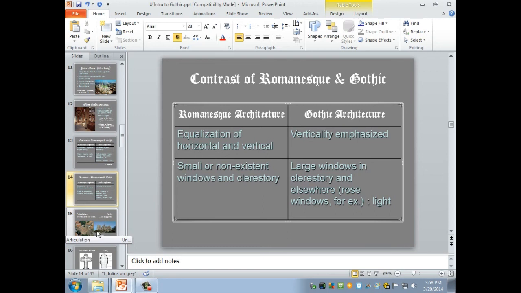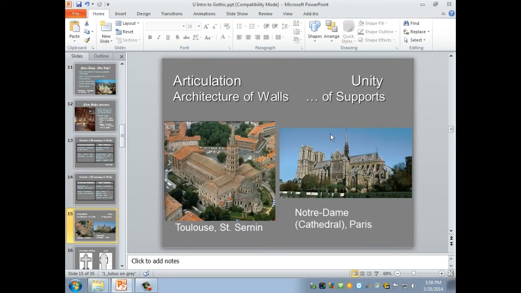Yeah, they got big windows, and the light can get into them, but you almost have this feeling of supports, and since the exterior is all covered up with all the decoration and the flying buttresses, and of course you have the opening of the rose window that you can see, you're not looking at the little parts so much as you're looking at the whole thing. That feeling of unity.